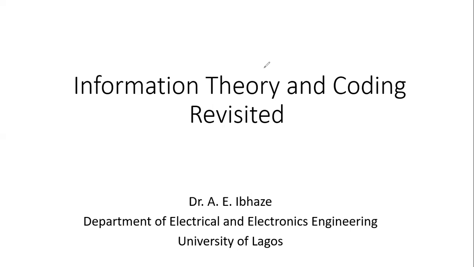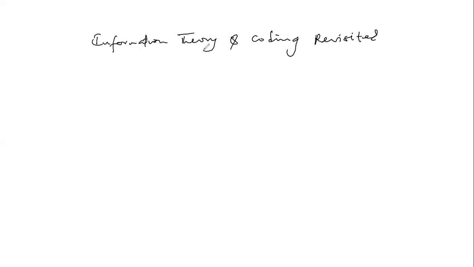We'll call this information theory and coding revisited. Well, we already gave a description of what we are going to be looking at. So now we just delve into the business of the day. So we say information theory and coding revisited. Okay. So as you already know, information theory actually addresses the problem of information transmission,